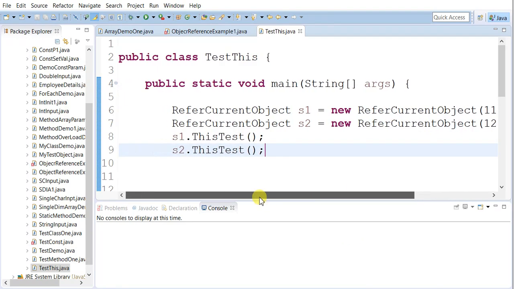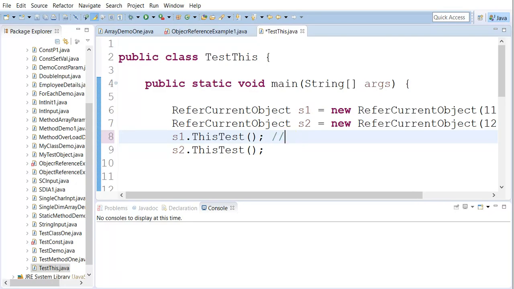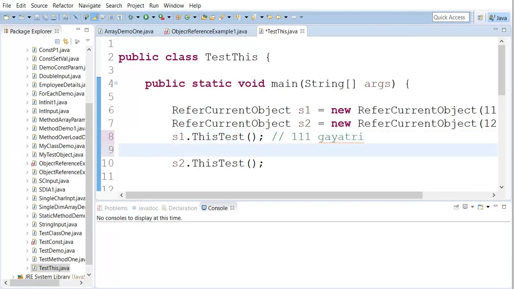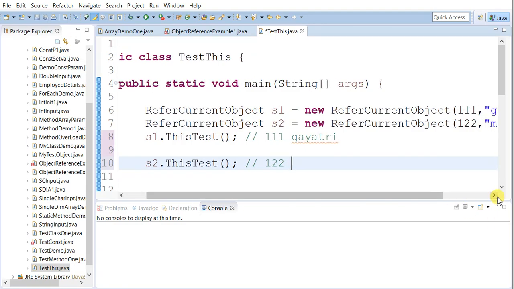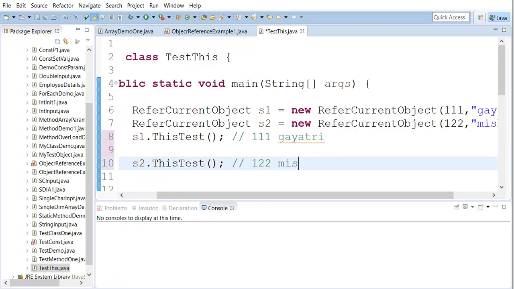As many values as you can pass, and you need to use multiple objects to call the method. So what will be the output if you use the s1 object? 1 1 1 3. And what will be the output when you use the s2 object? 1 2 2, and the output is Mishra.